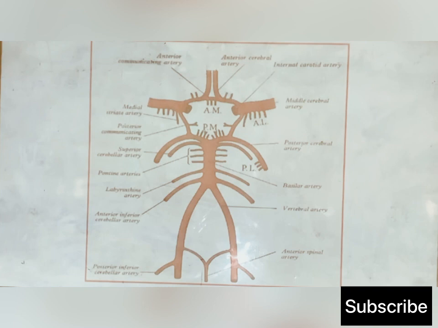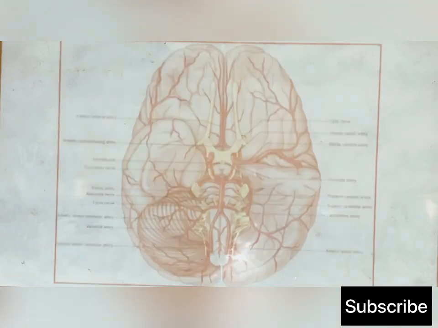Are you clear? Good. So if we now go back to this slide, you will see that this is the anterior cerebral artery. After supplying the medial surface, these are the branches supplying the orbital surface here. And even the middle cerebral artery, after supplying the superior lateral surface, some of it also supplies the orbital surface. So the orbital surface is supplied by both the anterior cerebral artery and the middle